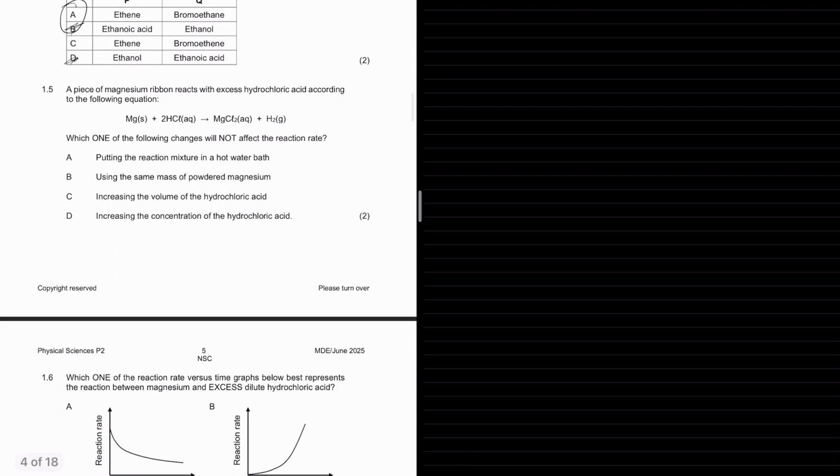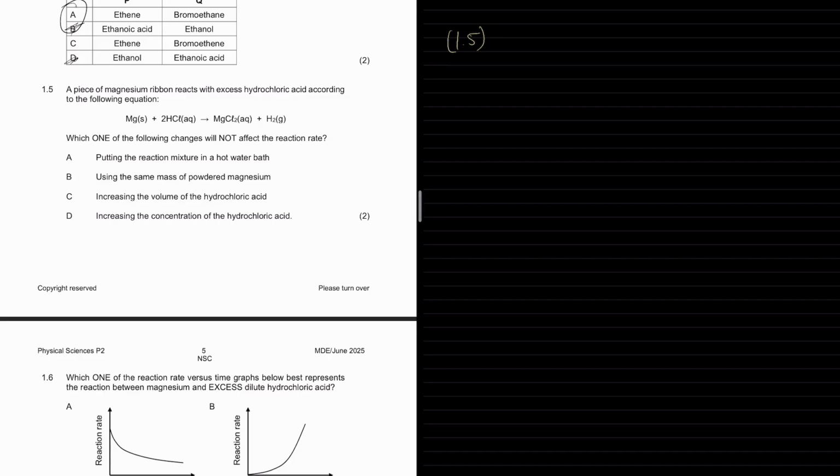Now 1.5 says, a piece of magnesium ribbon reacts with excess hydrochloric acid according to the following equation. Which one of the following changes will not affect the reaction rate? So putting the reaction mixture in a hot water bath, that's increasing the temperature, that will have an effect. Using the same mass, but of powdered magnesium. Now you're changing the state, it's going to increase the surface area, it's going to have an effect on the